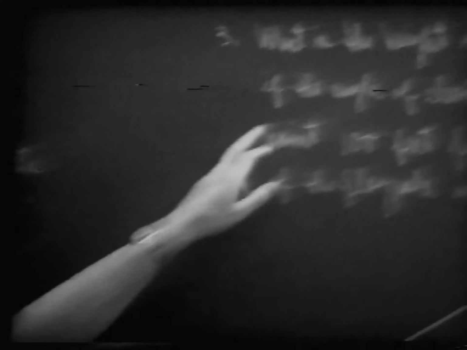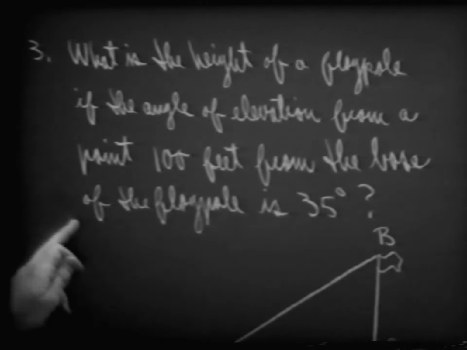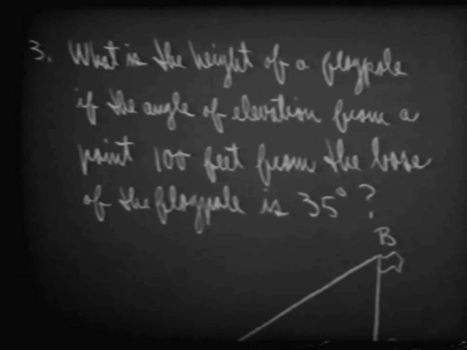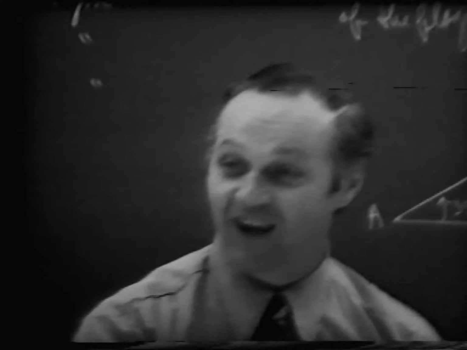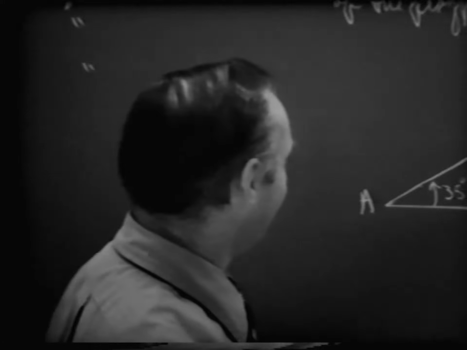Let's look at another example. It says, what is the height of a flagpole if the angle of elevation from a point 100 feet from the base of the flagpole is 35 degrees? Well, if you ever have the problem of measuring flagpoles, there's no need for you to climb the flagpole in order to determine how tall it is. A little trigonometry, you can figure it out